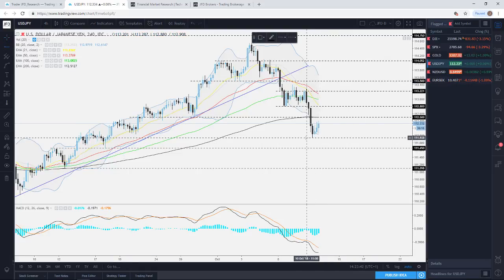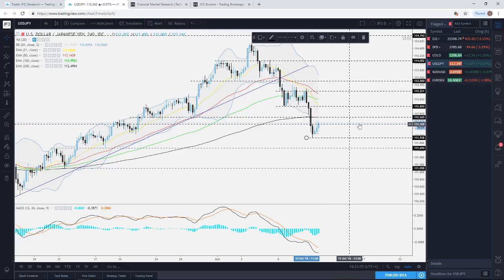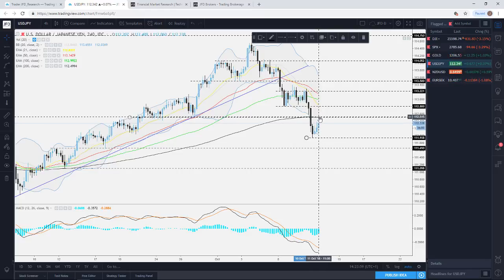We've managed to test this level right here at around 111.95, approximately there, and now it seems that the pair is aiming towards this potential resistance zone here at around 112.50. This level also coincides with the 200 EMA. Initially, of course, this is going to be the target to watch, and if it stalls here,